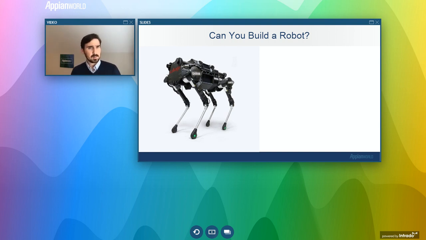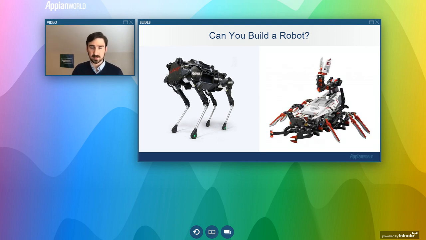So I don't know about you, but I'm pretty sure that I don't even have the first tool I would need to build a robot like this, let alone any kind of know-how that would let me actually build it. But what about this robot? This is a robot from Lego Mindstorms, and it actually has all the same capabilities. You can give it a general directive like get across this room. It can navigate and avoid walls. And this robot, I'm pretty sure that I could make in the first try or pretty close to the first try. Lego's really good about giving you all the things you need in the box,